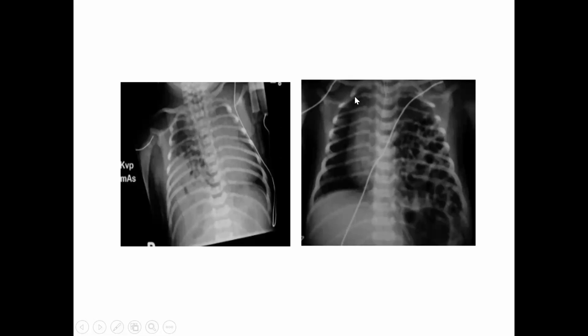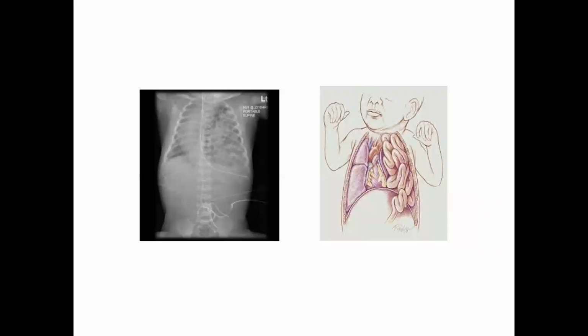And you can see the second picture, this is the chest, okay. You can see this is the heart, and then on the left side you can see all of the intestine is in the chest. All the abdominal intestinal content is on the left side. But you can still see the gas shadow here, which is good. The stomach is still in the abdomen, okay. But these all are the small intestine, which is on the left side, okay. These all are the intestinal contents on the left side, okay.